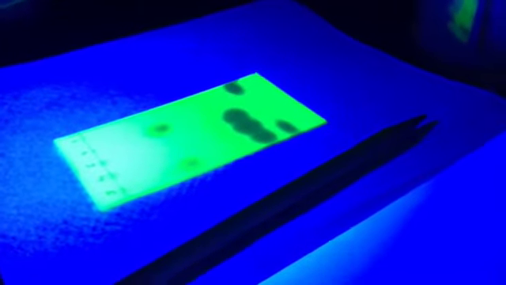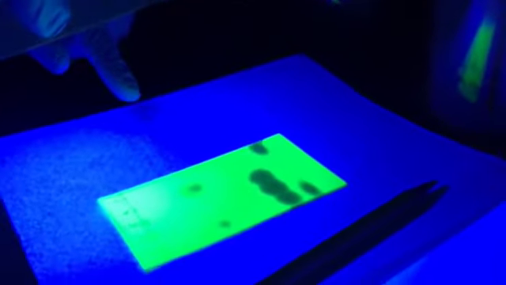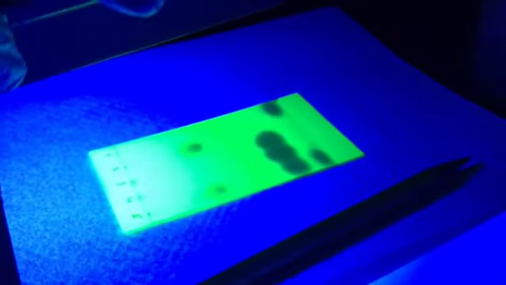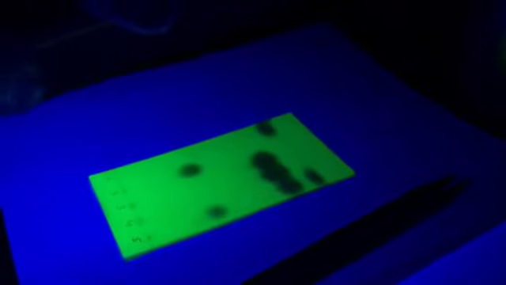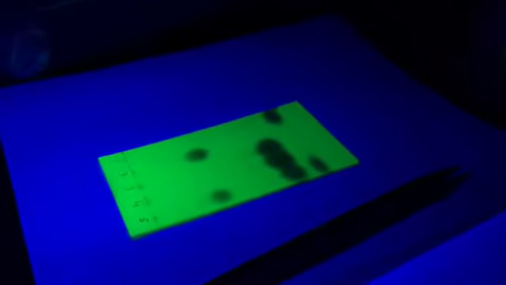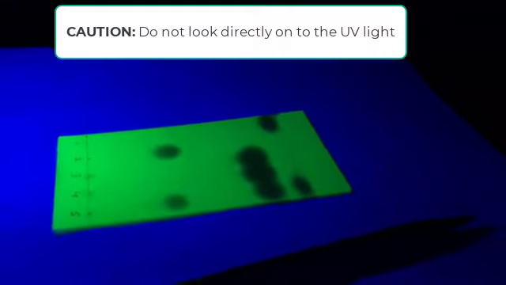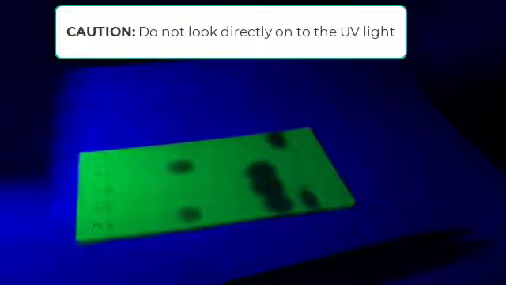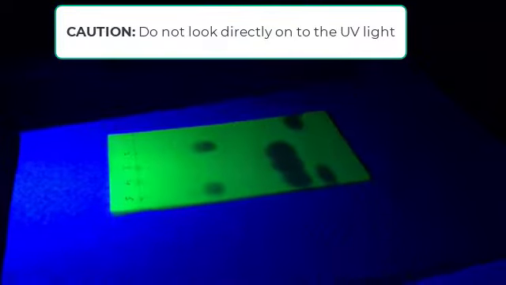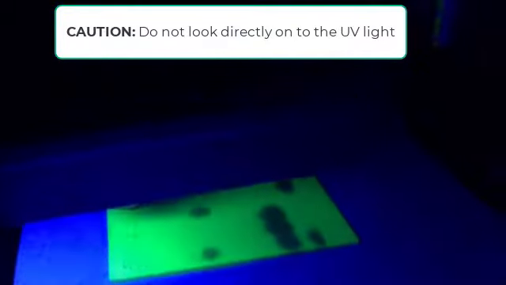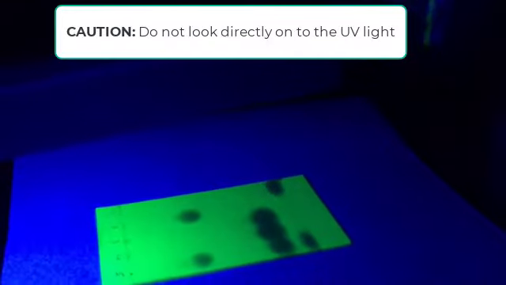So I am visualizing the TLC plate under the UV light. This TLC plate's adsorbent actually has a fluorescent indicator, so it just fluoresces in the UV light, as you can see here. So you can clearly see the spots now, right? The first one was fluorene. So you can basically make a circle around it. You can make a circle, correct?